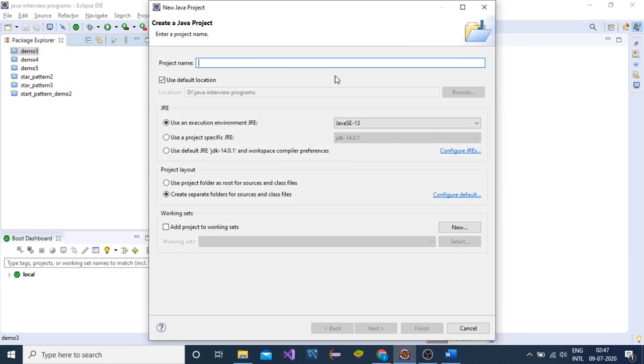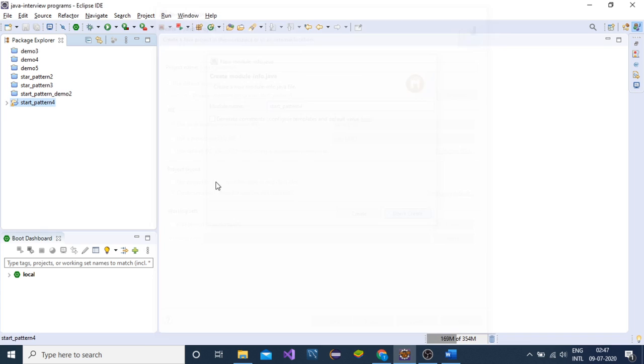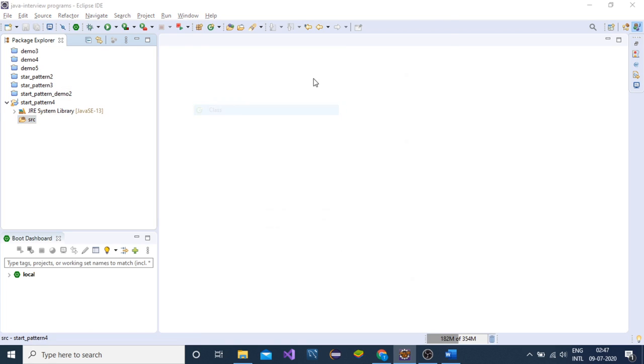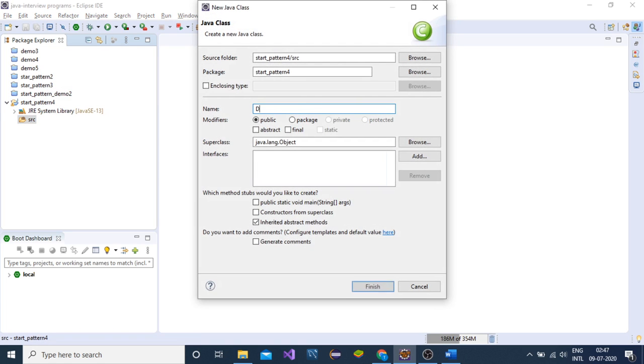New Java project, star pattern 4. Finish. Go to src, create a class, say demo.